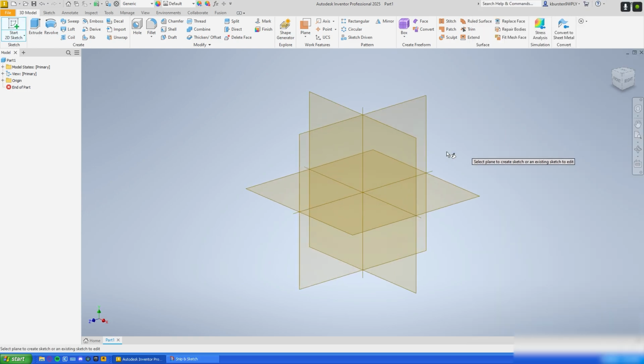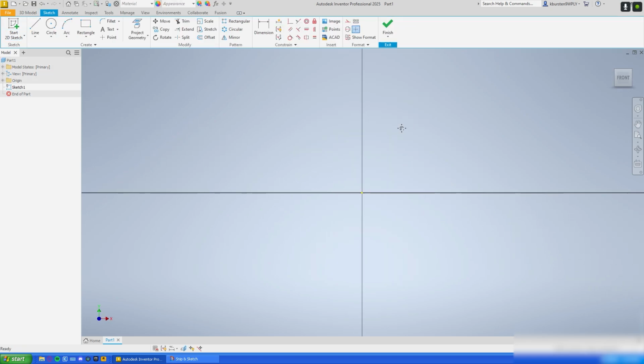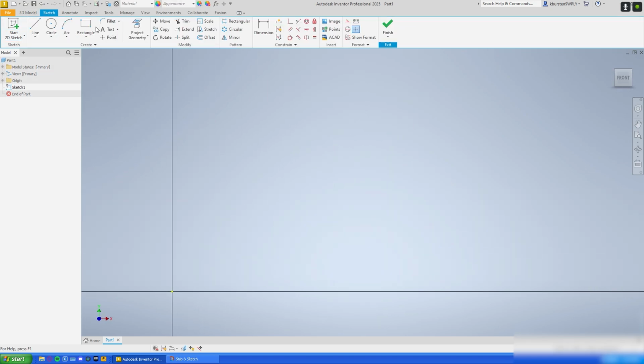I'm going to hit Start 2D Sketch. I'm going to select on the XY plane. That's my front plane. I'm going to move my camera up a little bit. I'm going to grab my rectangle tool. I'm going to start down here at the center point, or the origin point, and I'm going to put in those numbers. So the first number that's highlighted is this top number up here, currently at 1.24. We're going to change that to 5.7, and remember I said feet, so I'm going to type in FT. Then I'm going to hit tab to change over to the other dimension, and I'm going to type in 3